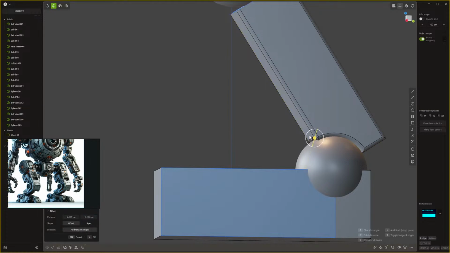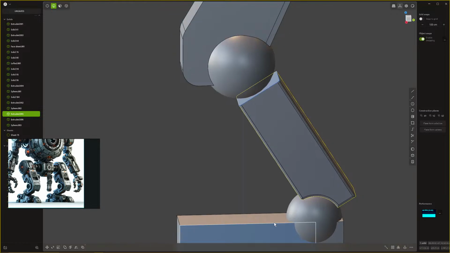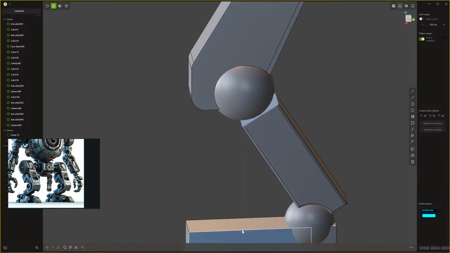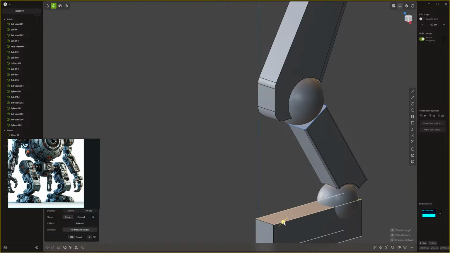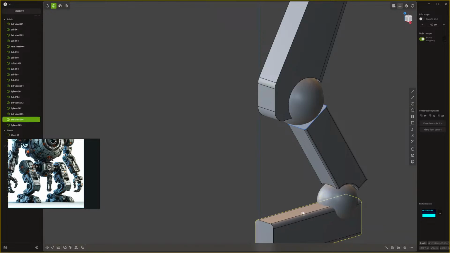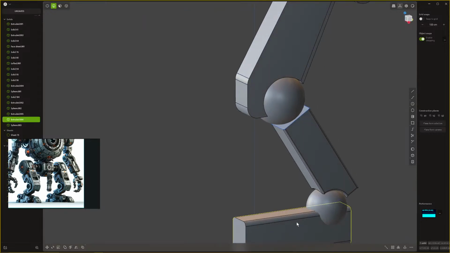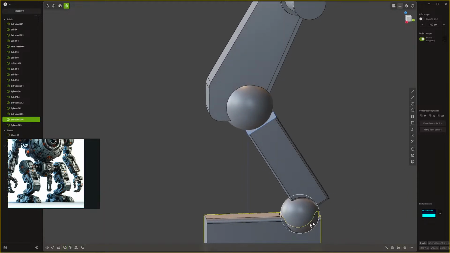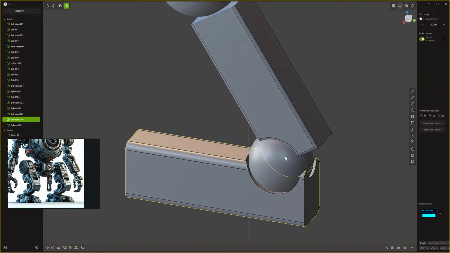We can start to add a few fillets in there. Hang on, duplicate it, scale it. There we go. Okay, so